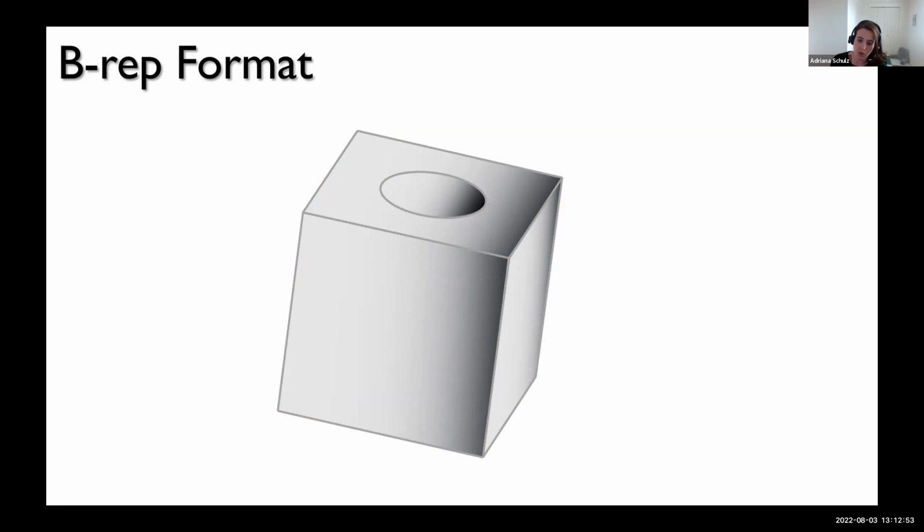So if I'm doing modeling, I am going to say, hey, take this edge and fillet this edge, round this edge. So being able to refer to these topological entities is really important. And in assembly, it's the same thing, right? If I want to connect two parts and join them at a given vertex, I need to be able to refer to that vertex, right? So for this reason, we really want to be able to learn from the BREP format.